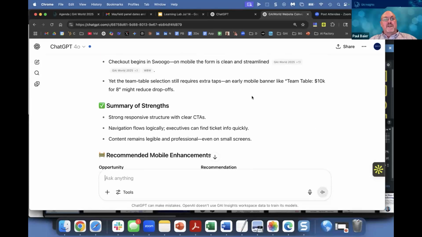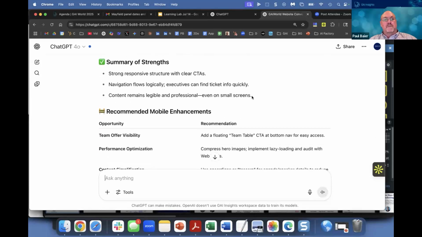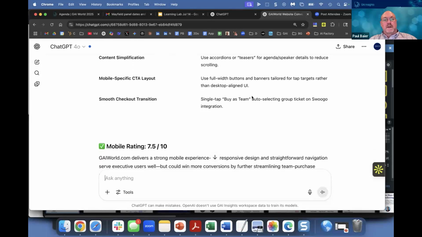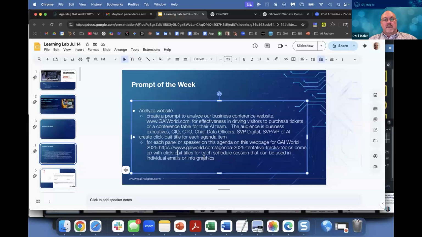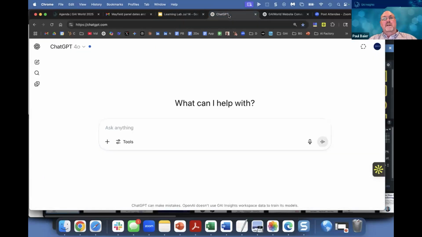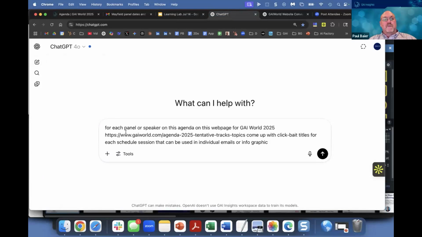Here are the strengths on the mobile one. It's recommending that, so that was a good example. I want to show you one more. I continue to find myself just not pushing the robots enough. For instance, on our website we have a draft agenda, and here's one we were playing with over the weekend. For each panel or speaker on this agenda,